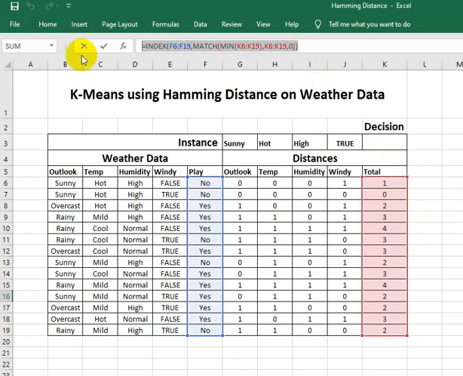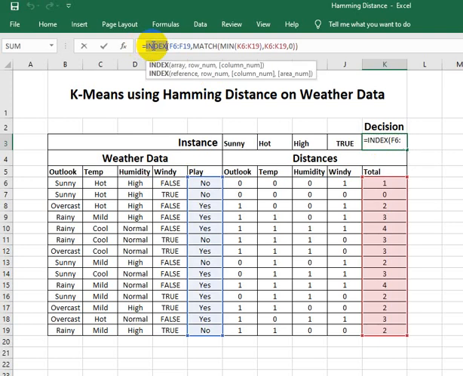We can have this formula that I have already copied from somewhere else, as I have practiced it before. In this formula we see the index in which the minimum value is occurring, and we pick that value and show it here.